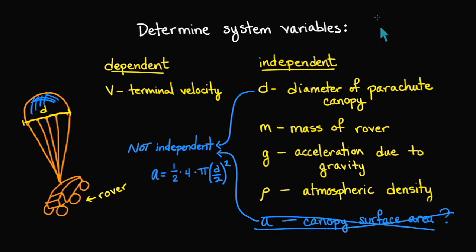The key is to have identified all of the correct variables to begin with. This is where human error can come into play. If our list of variables isn't exhaustive, the relationship we develop through dimensional analysis may not be correct. Once we have the full list of independent variables, we can express the terminal velocity as some function of these